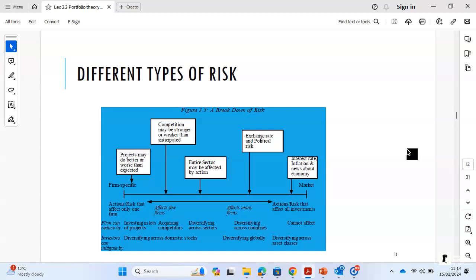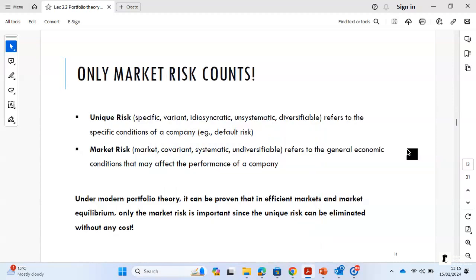This is based on managerial decision, how you have chosen to finance the firm. It's not a market risk, right? It's not a market-wide risk. So by adding debt to your capital structure, you're making the firm more risky. But it's because of your managerial decision to add debt to your capital structure, right? So this is not a market-wide risk. This is a unique risk to the firm because of the managerial decisions to add more debt to your capital structure.